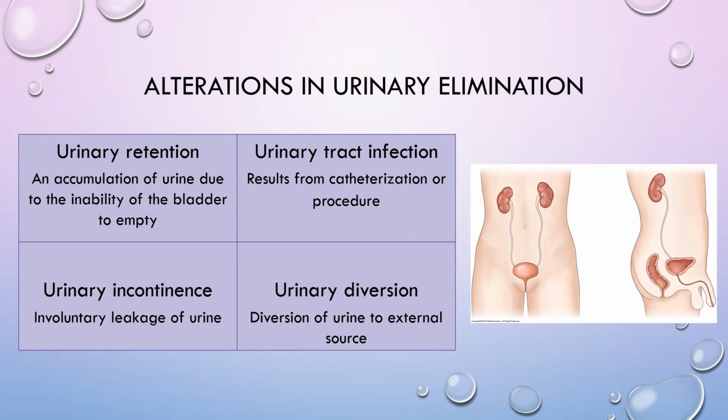Urinary tract infection is mostly caused by E. coli, bacteria that spreads in that ureter or bladder. This is not an infection typically of the kidney. If it does go to the kidney, then it is called pyelonephritis. So UTIs are within that urinary system, but it typically doesn't include that kidney. Very uncomfortable feelings, burning with urination. Women are more susceptible because of that short urethra that they have and the proximity of the meatus opening to